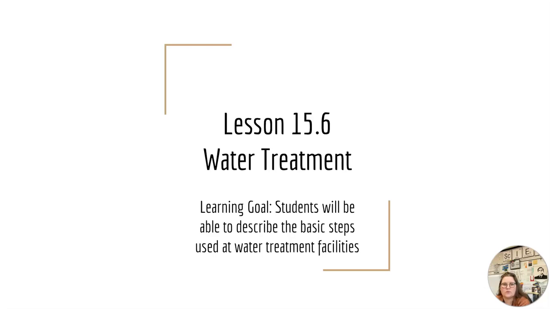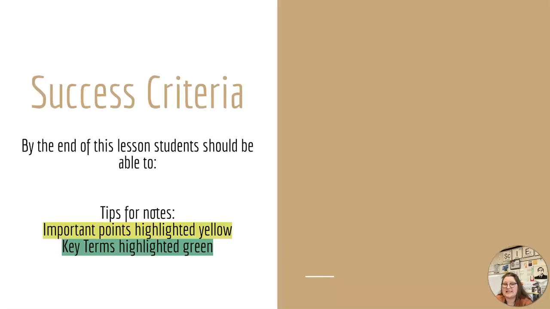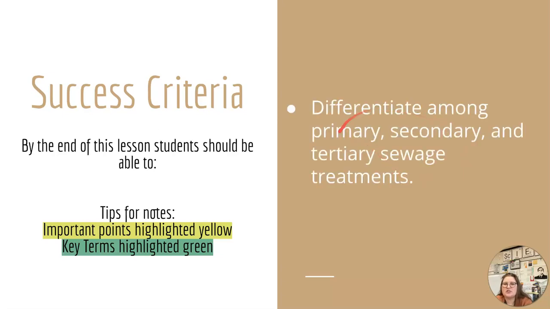Welcome to Lesson 6-4, Chapter 15. We are going to talk about water treatment in this lesson. Learning goal is that you should be able to describe the basic steps used at water treatment facilities. So success criteria, by the end of this lesson, you should be able to differentiate among primary, secondary, and tertiary